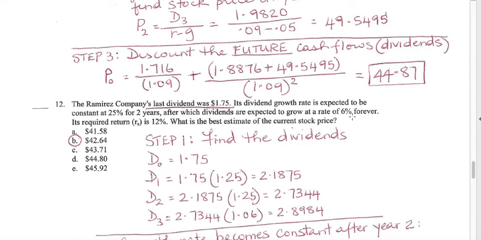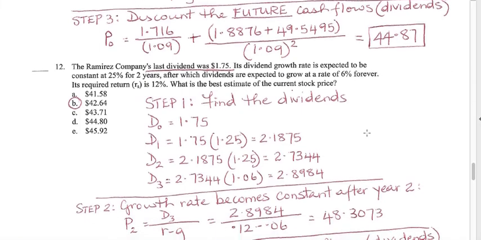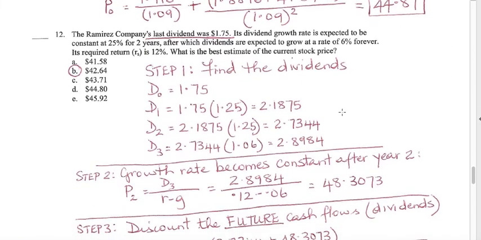And this is an example of supernormal growth, 25% for 2 years, and then it settles into a constant growth rate of 6%. The required return in this example is 12%. What is the price of the stock? Again, step 1, find the dividends. Your D0 is $1.75. So your D1 will be 1.75 times 1.25 because it's growing at 25%, and that is equal to